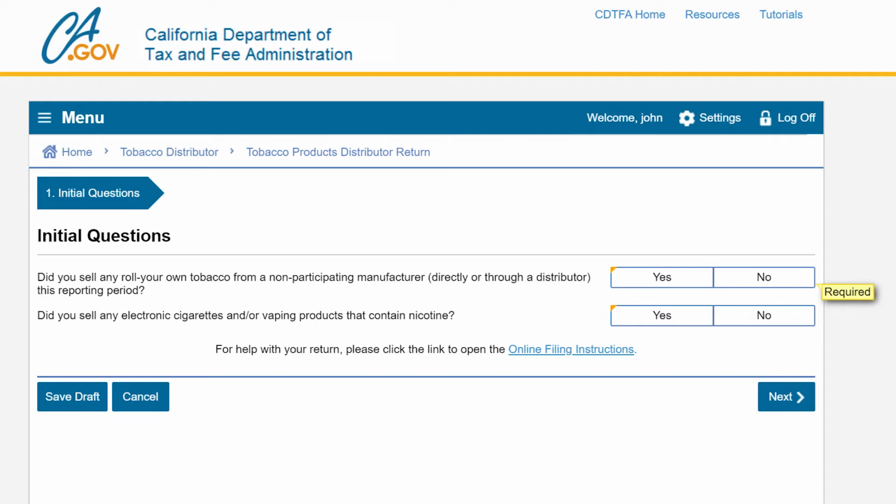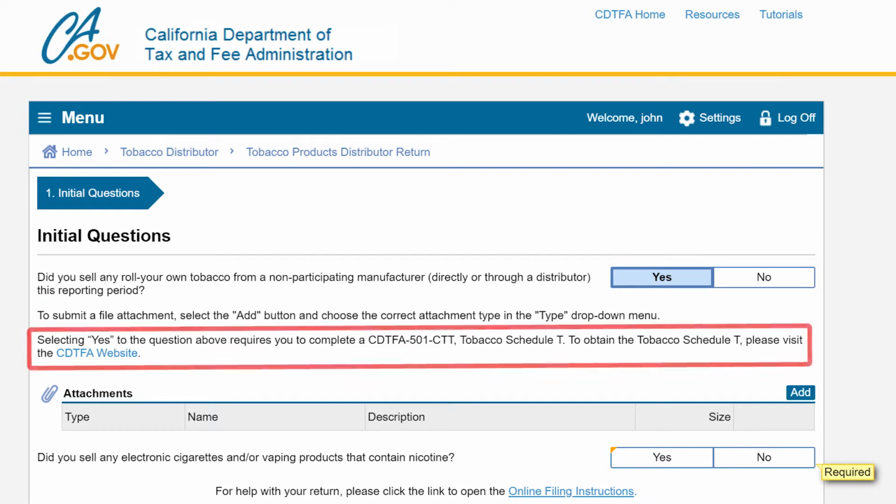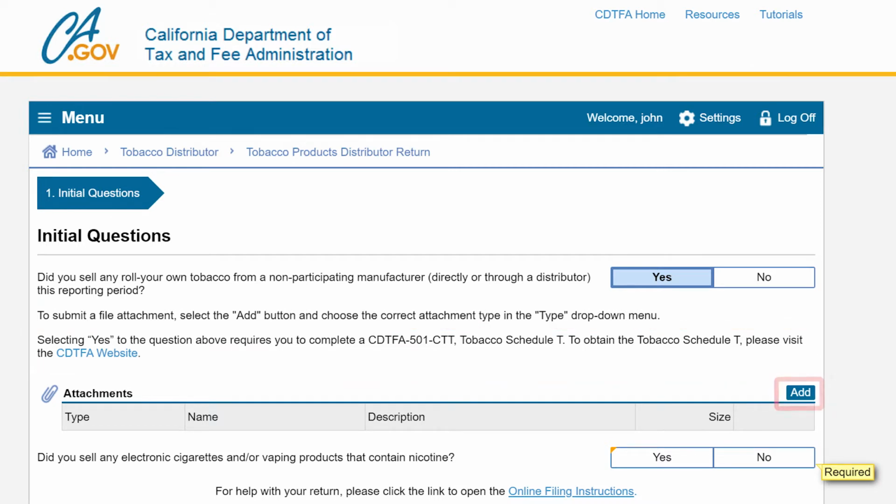After selecting the period, you will be brought to the Initial Questions page to answer questions regarding your sales activity. If you made any sales of roll-your-own tobacco from a non-participating manufacturer, directly or through a distributor, you will select Yes. You will then be asked to add a completed CDTFA 501 CTT Tobacco Schedule T as an attachment. For this example, we did not have any sales of roll-your-own tobacco from non-participating manufacturers to report, so we